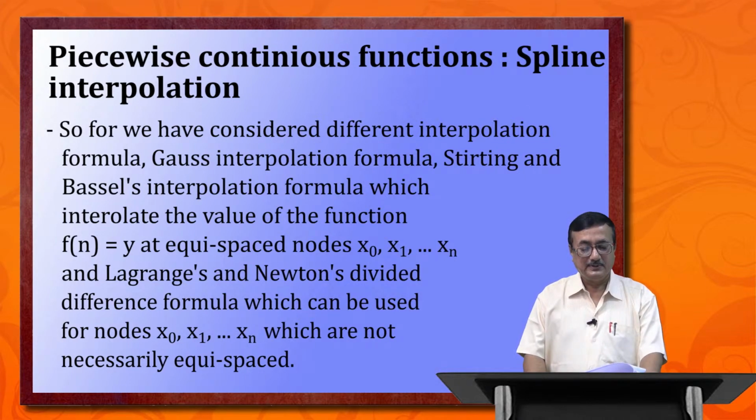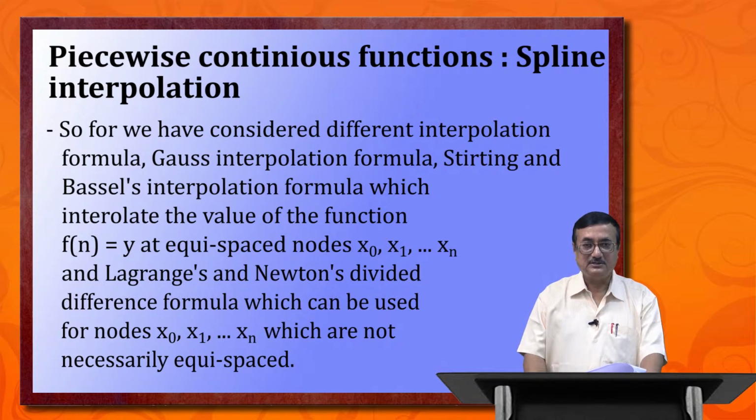Bessel's formula, which interpolate the values of the function fx is equal to y at equispaced nodes. And we have Lagrange's and Newton's divided difference formula, which can be used for nodes x0, x1 up to xn which are not necessarily equispaced, and we have also the Hermite polynomial with the interpolating points x0, x1 up to xn not necessarily equispaced,